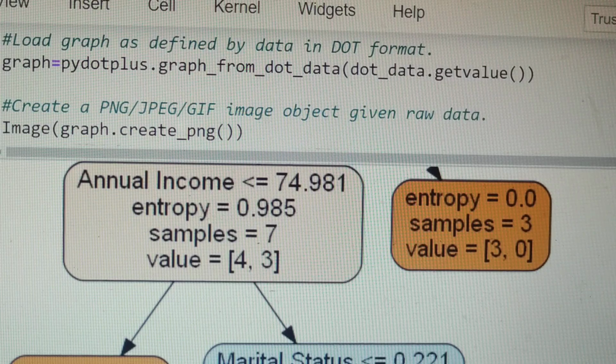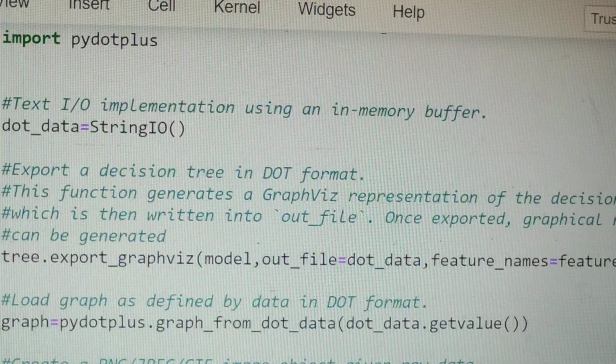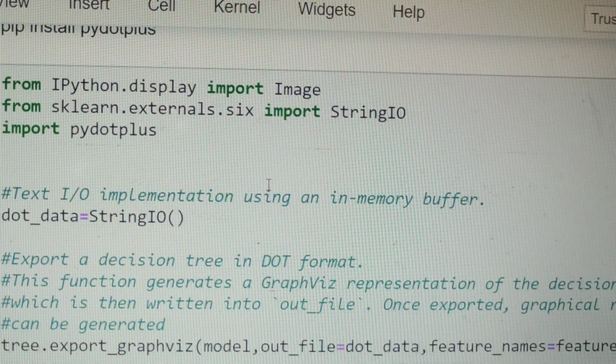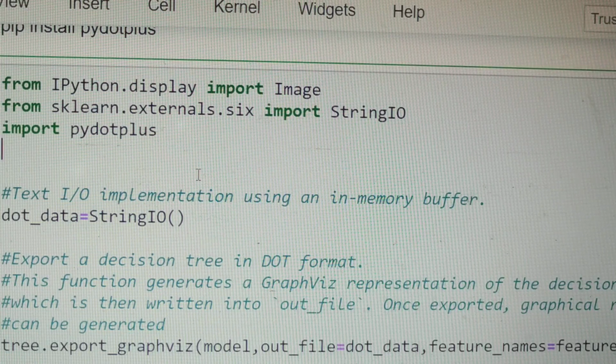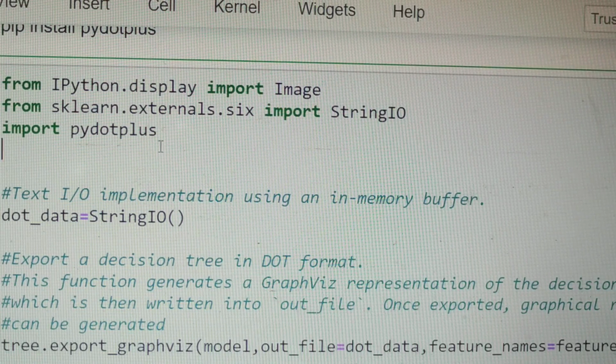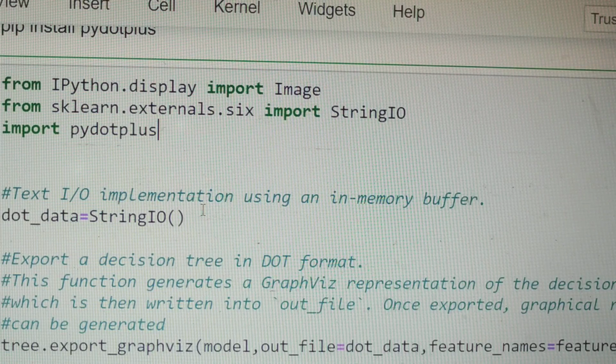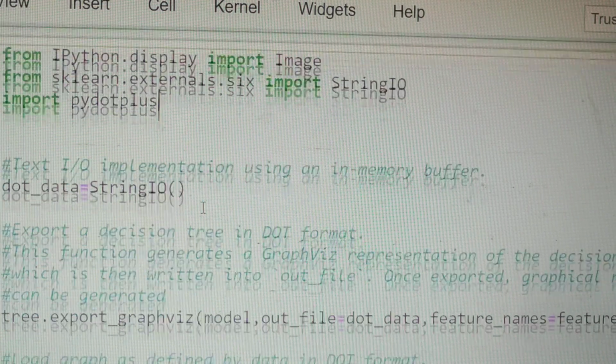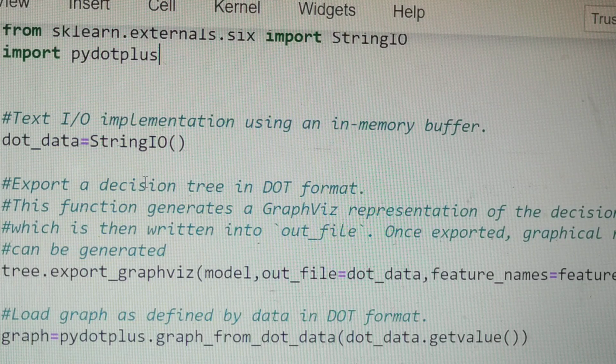But when you draw the tree you need to import certain libraries, like from IPython.display import Image, from sklearn.externals.six import StringIO, and import pydotplus. Okay, so remember this step very nicely.